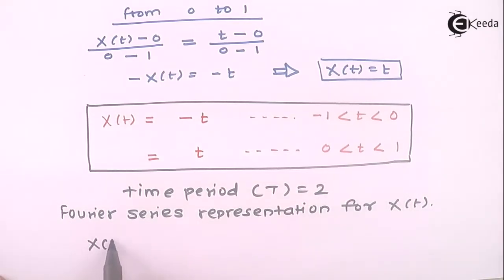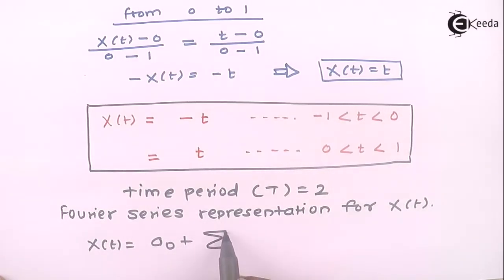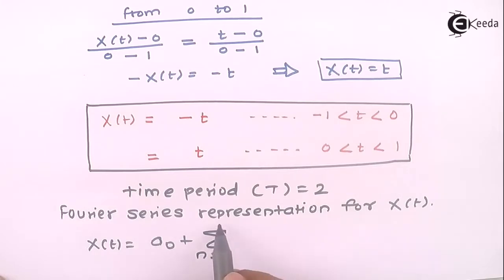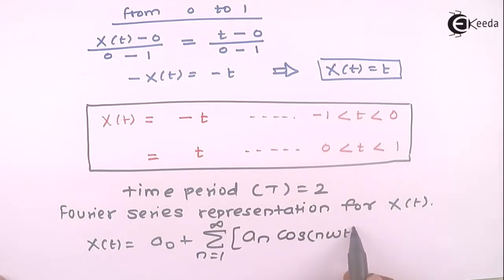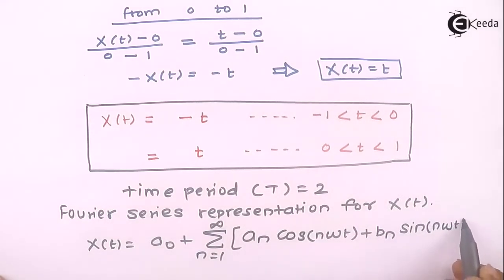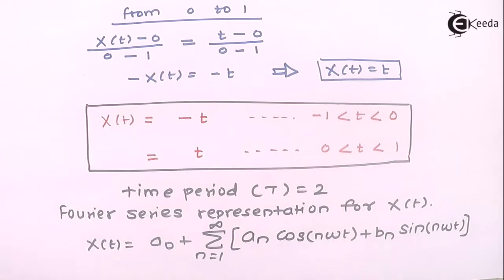x of t equals a0 plus summation n from 1 to infinity in bracket an cos n omega t plus bn sin n omega t. So let's find out a0, an and bn now. So a0 is given by